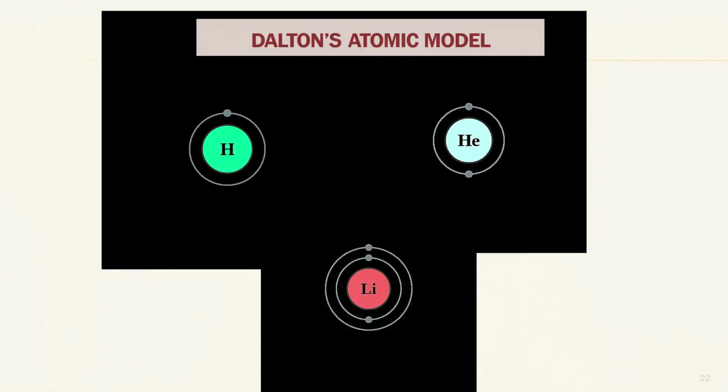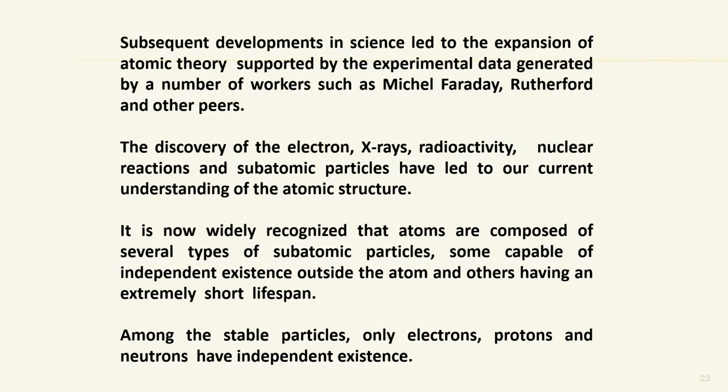Now, this is what Dalton's atomic model looks like. Here you can see there is hydrogen, there is helium, and then there is lithium. We have one hydrogen nucleus at the center, and around that there is one electron. Helium has 2 electrons and lithium has 3 electrons. The simplest model probably, and subsequent developments in science have led to the expansion of the atomic